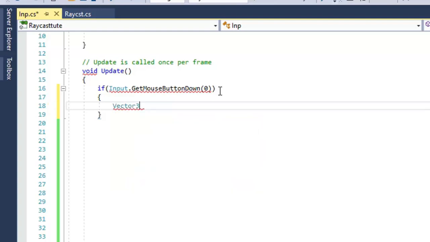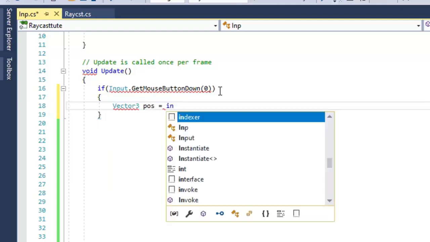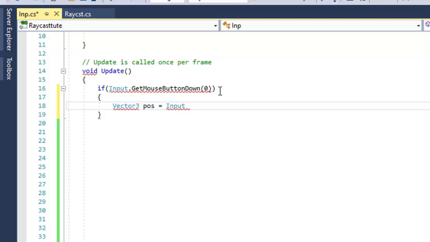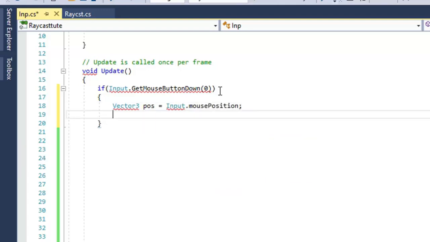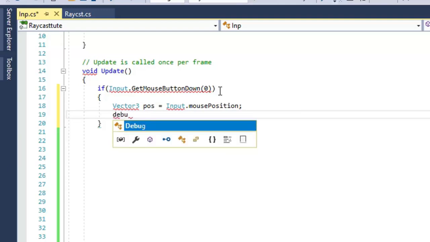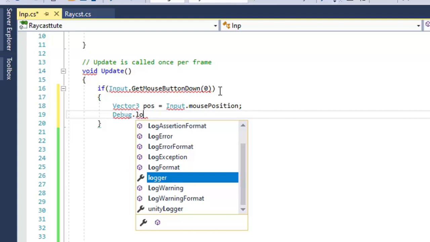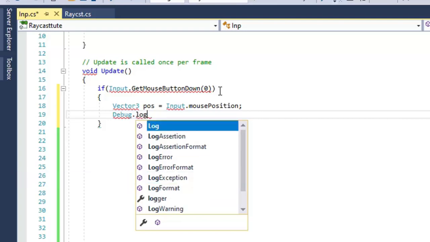So I will create a Vector3 variable, suppose pos, equal to Input.mousePosition. Now I will print it with Debug.Log.